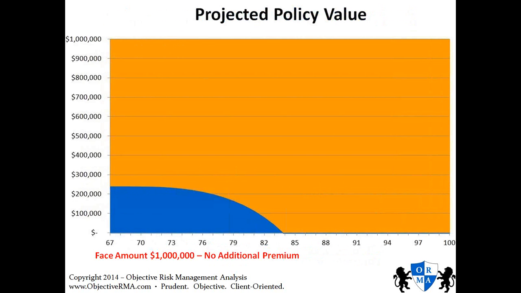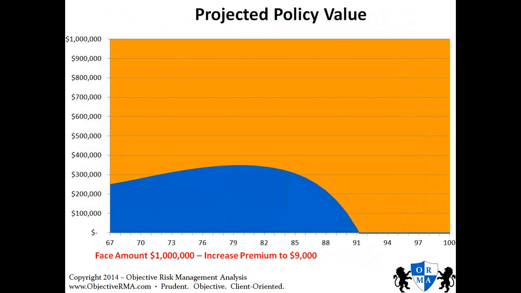Through the simulations, what I can do is I can modify the criteria. For example, this is the control group where the face amount is $1 million and no additional premium payments are going in. That is what the original illustration was when he bought the policy. It was supposed to go out longer, but now that interest rates have gone down and insurance costs have gone up, the policy is lapsing much sooner than expected. In order to correct this, I can simulate different scenarios.